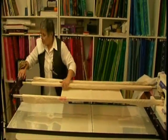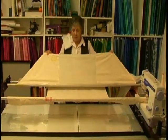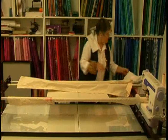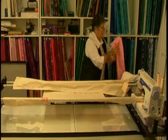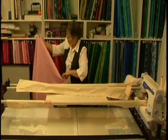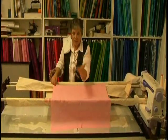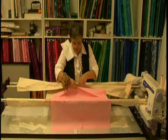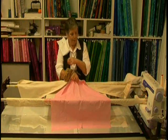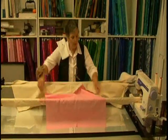Right, now we're going to put our quilt top on. Now remember, your backing was wrong side up, your quilt top is right side up. So I've just unrolled the quilt top roller and I've taken my quilt top, flip my quilt top over, and this is right side up. Again, we've had a center pin, so center to center, and put your pin in there. Once we've done that, you can see,